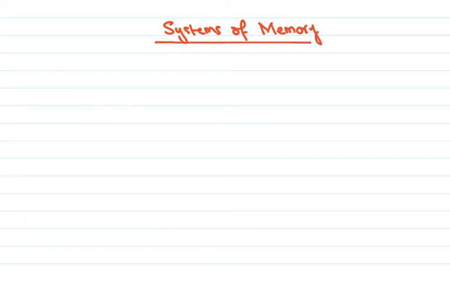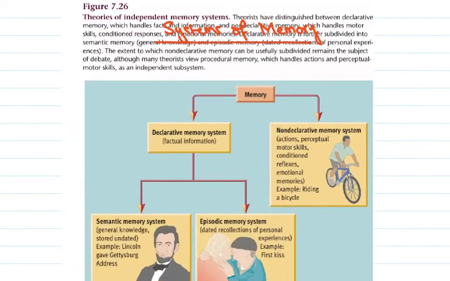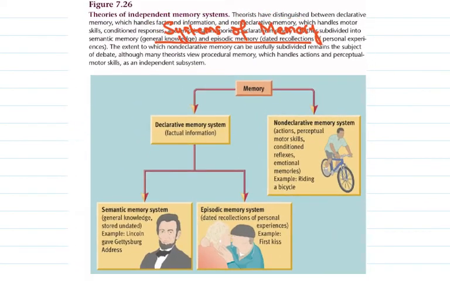Now we come to the last bit of our discussion on the chapter, and we talk about these different systems of memory. In order to understand this better, let me show you this diagram. This diagram here lays out all of these different kinds of memory systems. At the very outset, it distinguishes between two different kinds of memory. So first of all,